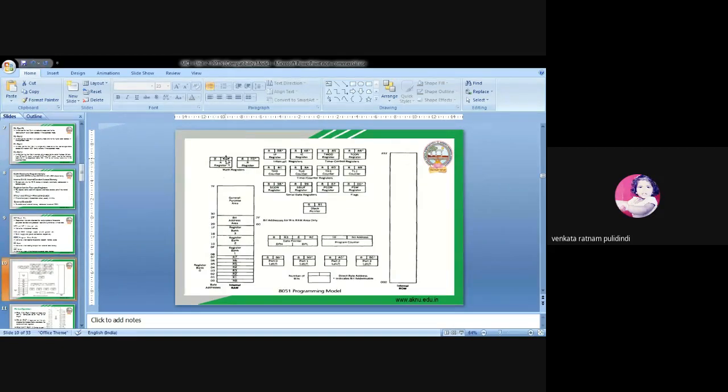Now, here is a register. On the left side we have one number, which is the size of that register. The A register is denoted here as 8, which means it is an 8-bit register. On the other side we have another code, which is the direct byte address. It indicates the address location of that register. So here, one is the register size.